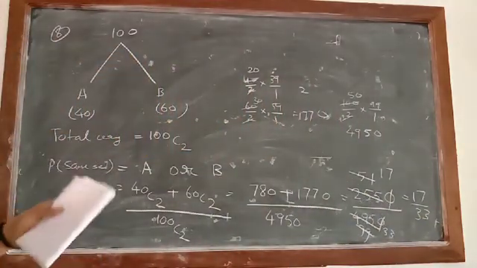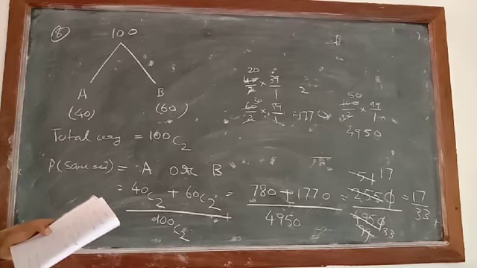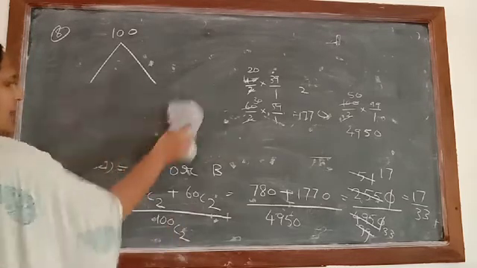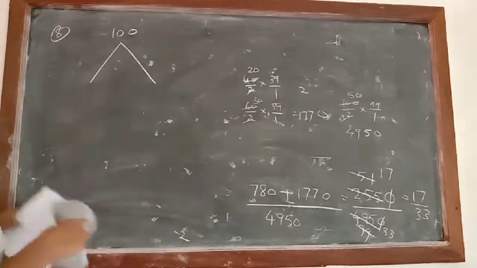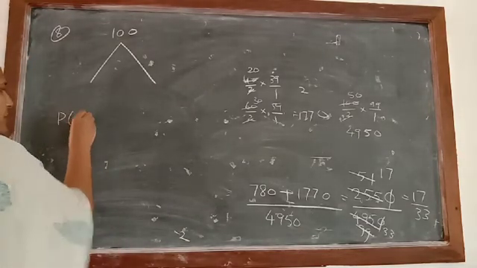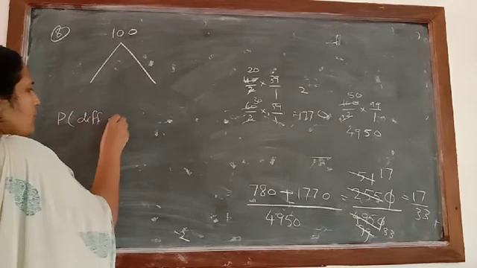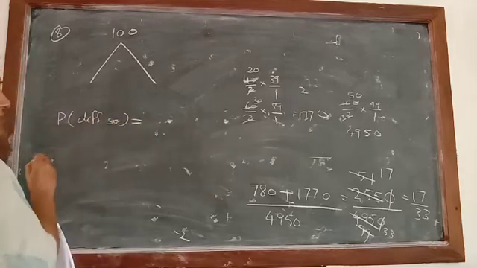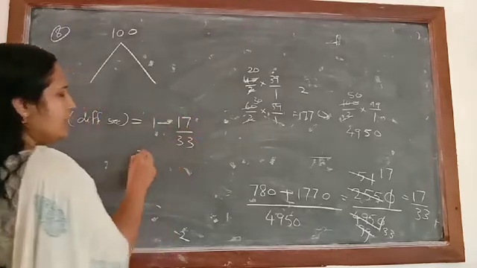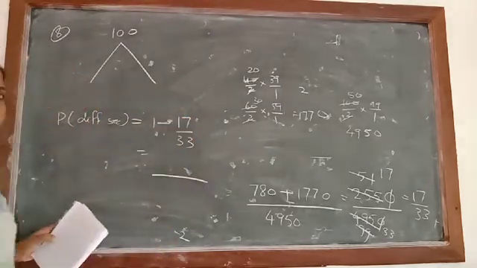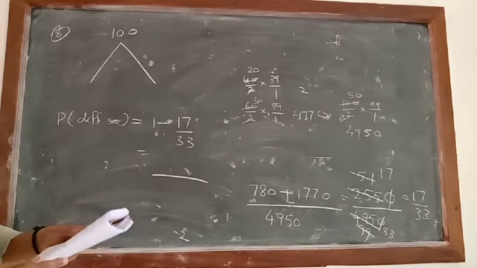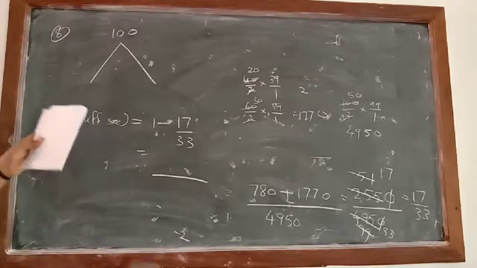That is the probability of getting in the same section. And now the next condition is written: they both enter different sections. So that will be the complement of this event. So let us write down the probability of different sections. How will we find the complement of that one? Yes, 1 minus 17 by 33. Just do the cross multiplication and write down the answer. Clear? Okay.